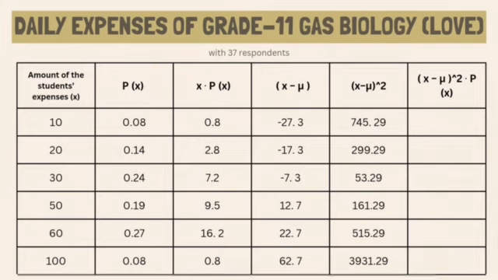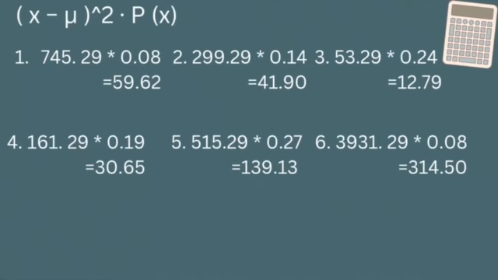And finally, we only have one row left, which is (x minus mu) squared times p of x. The numbers we have solved earlier will be used here. We will multiply them by the p of x. So we have 745.29 times 0.08, which is 59.62, 299.29 times 0.14, which is 41.90, 53.29 times 0.24, which is 12.79,